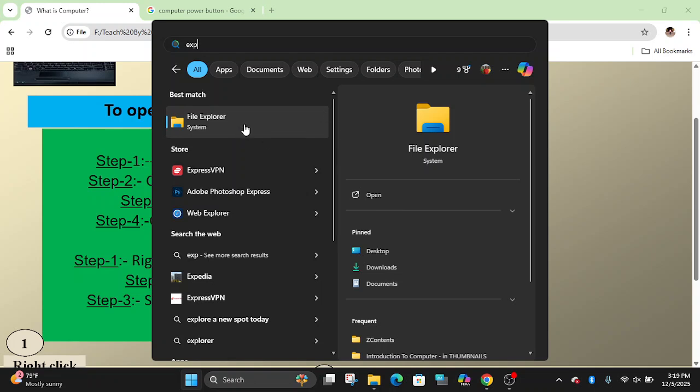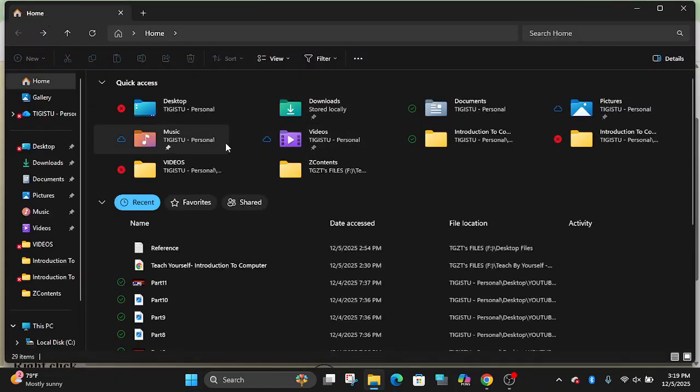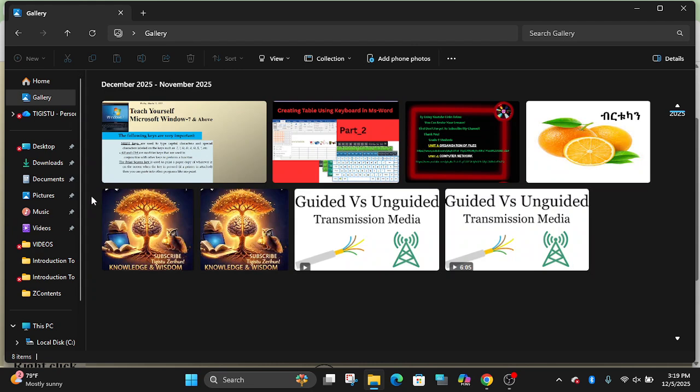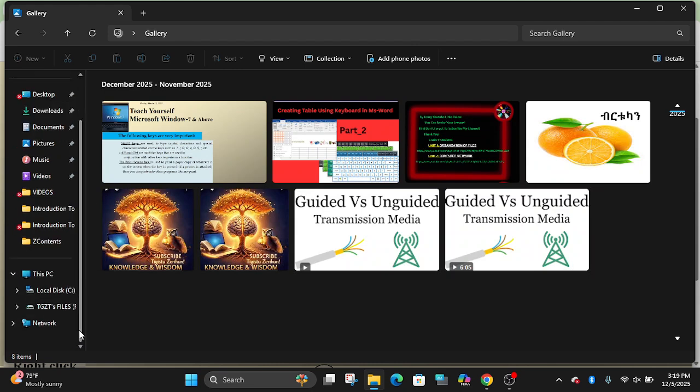Let me open. The topic is how can we manage our files inside the computer system. By using this program, it's possible to control the computer easily. When you want to access a drive of our computer or an external flash disk, removable disk, or optical disks, CD and DVD, or when you want to access your mobile after plugging with a cable, or other accessory, we have to make our first choice this program, File Explorer.